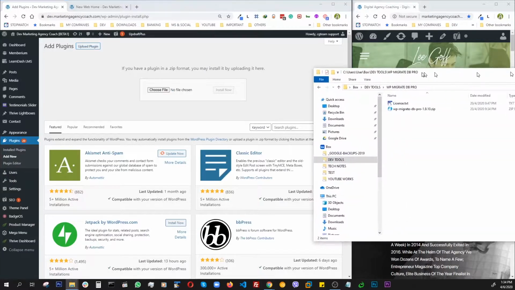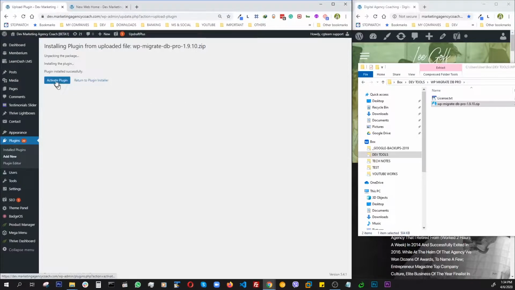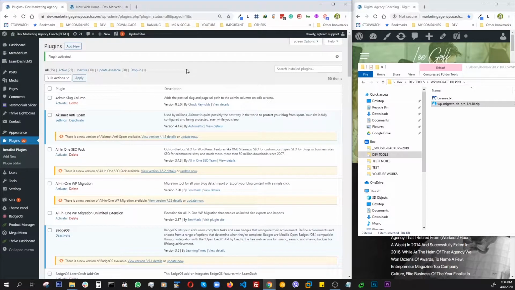Upload. Install now. All right, we activate. Once again, this is the dev version. We are putting it on. In order for this to happen properly, we're going to have to go through the same process on the production site also, and set up a communication between the two, and then launch. So now that it is installed,